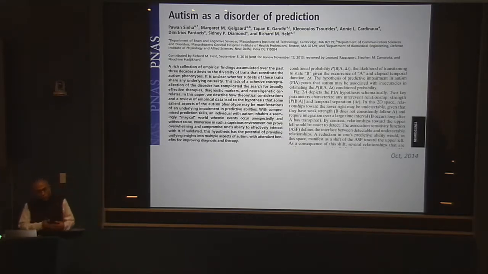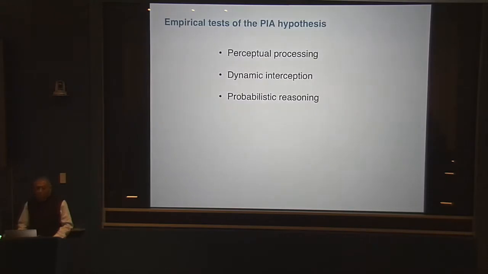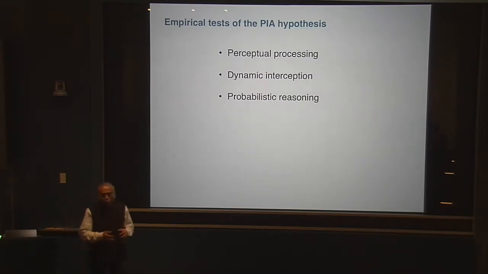What we have been doing since the publication of this paper is trying to put the theory through its paces. So taking an empirical approach to testing the theory. We are not dogmatic. We are not in such thrall of the theory that we expect it to be absolutely right. It may very well be wrong, and we want to be our own worst critics. So we want to explore, does this theory hold up to experimentation?